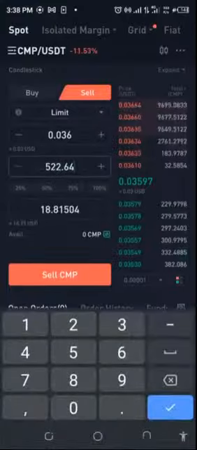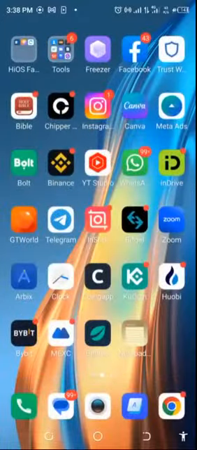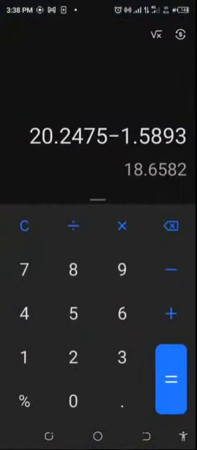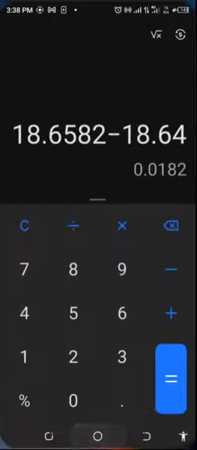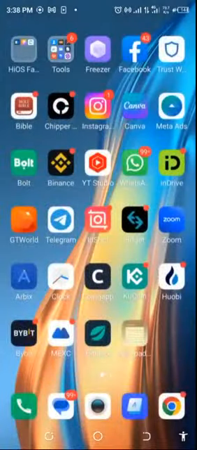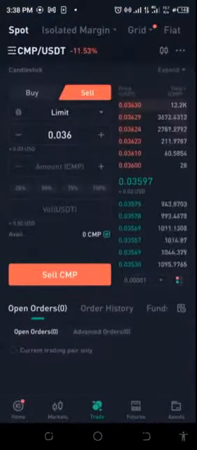522.64. Well, we should be able to get 18.81. Don't forget that what we're using is, let's be sure, we're using 18.65. There's still supposed to be some profit, right? So if we say that's 18.64, am I right about that? Let's just quickly check before I waste too much time doing all the